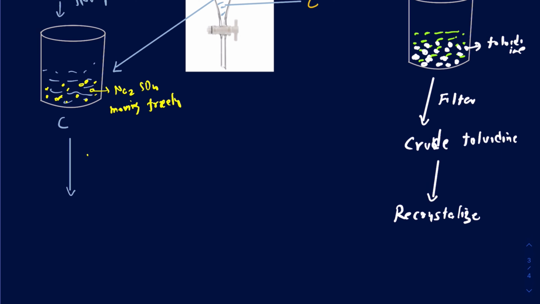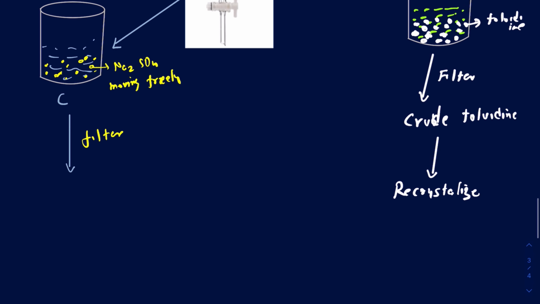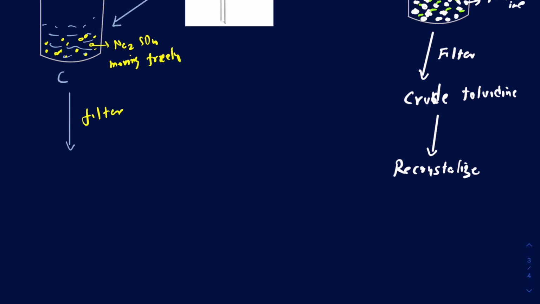And to get rid of those, I want to go ahead and filter it. You can probably just run a gravity filtration here. You don't really have to run the vacuum filtration like we were doing previously. Once you filter it, I want to go ahead and get the filtrate into maybe a round bottom flask, maybe into another beaker. It doesn't really matter for right now. So this contains DCM, so this organic layer right now is going to contain compound C, and obviously we can retrieve that compound C by